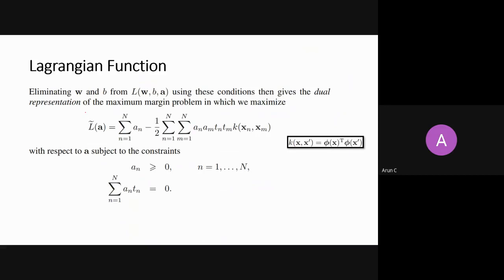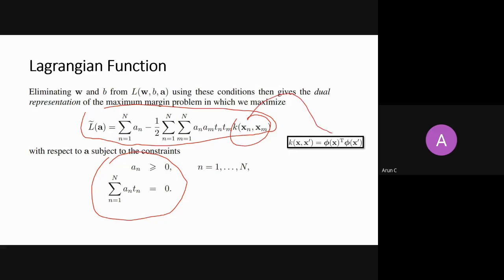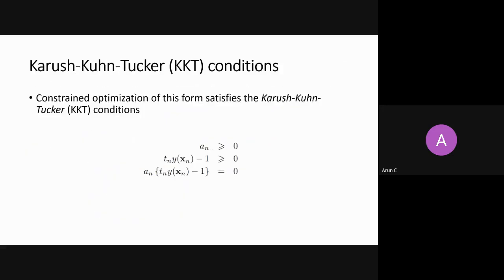So this is my dual function, which is always a convex function, with all these constraints. This is a very nice function now, and I can minimize it. And this is a kernel function, a linear kernel function, which can be written like this. So this is what we have done. Then I was discussing this part.